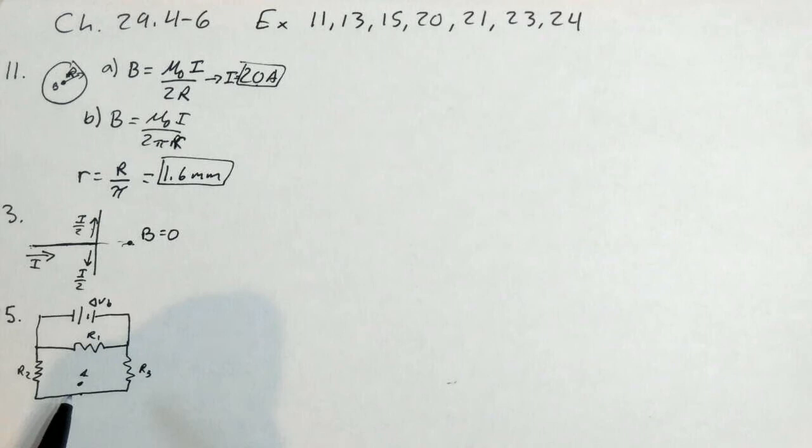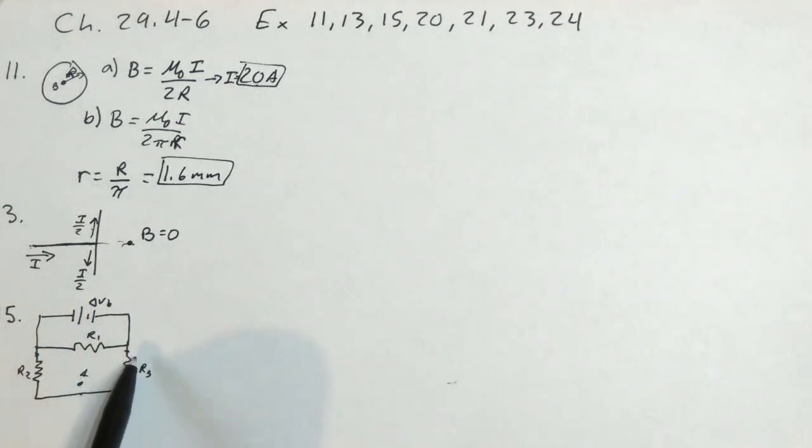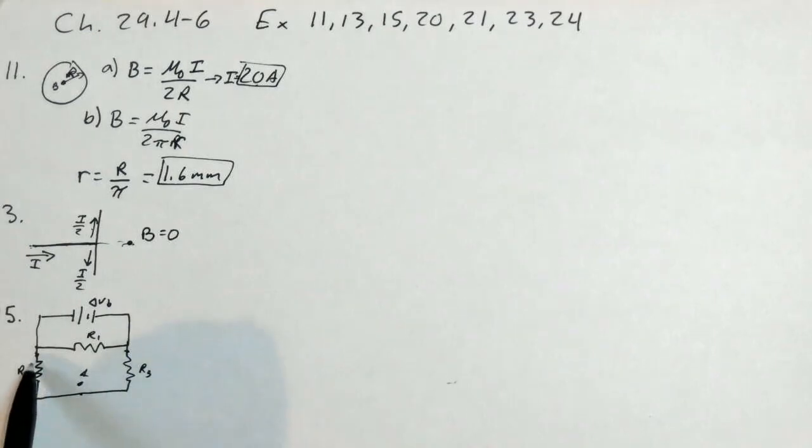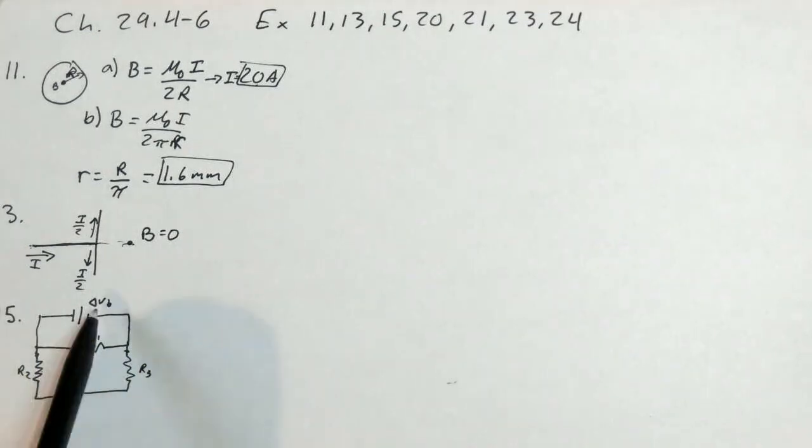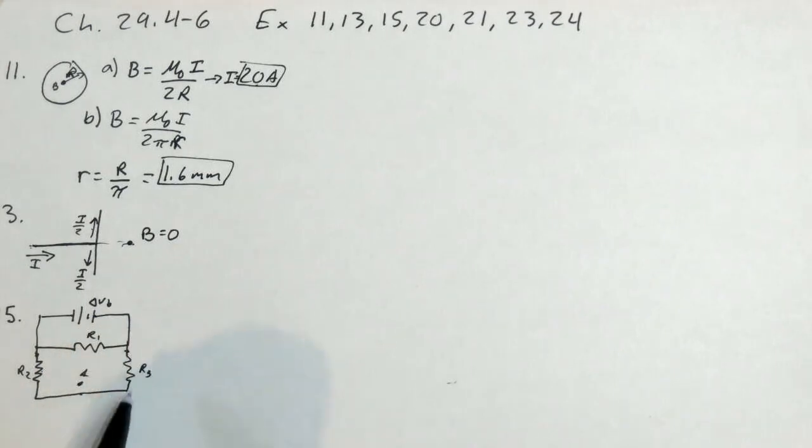Well, first we have to think about which direction the current's going. If I think about this as a circuit, the potential of the battery is across from here to here. So this whole path has a potential difference equal to the battery. The positive side's over here, which means current ought to be flowing that way. The current's going to be flowing to the left in that wire, which if that's the case, and by the